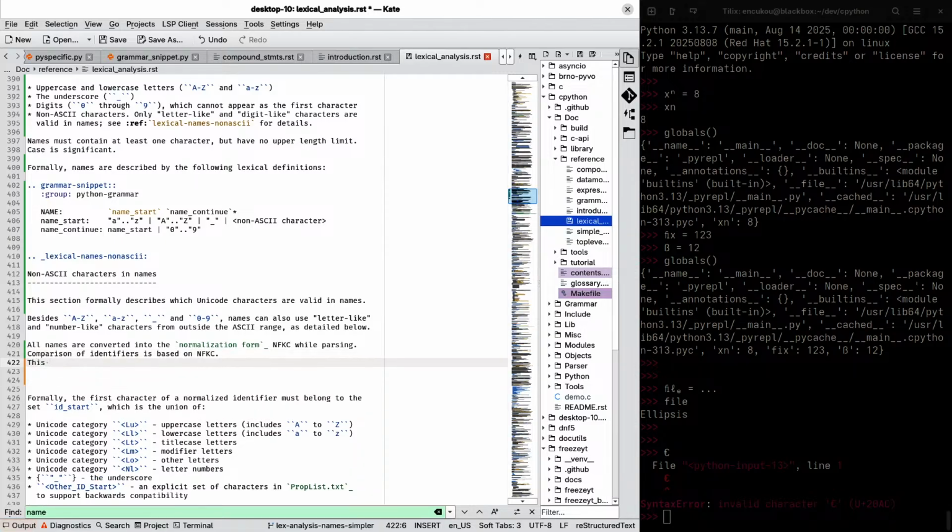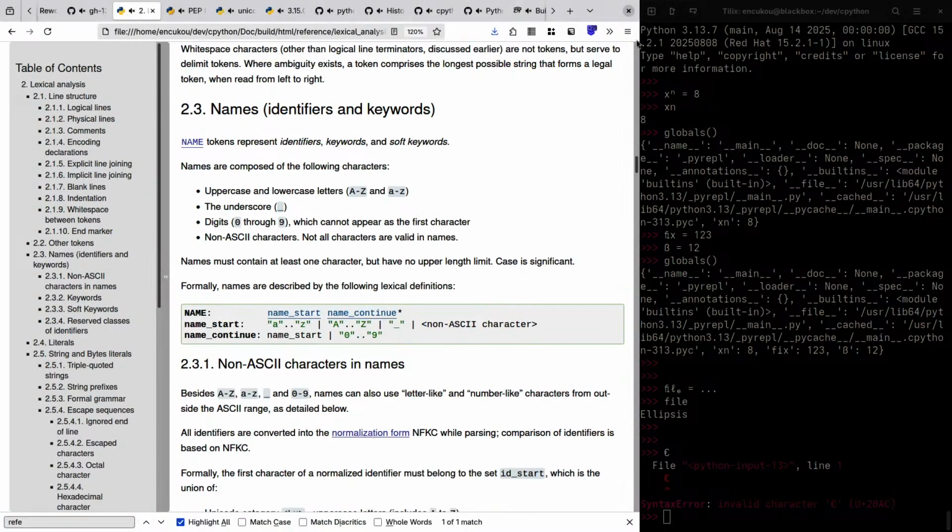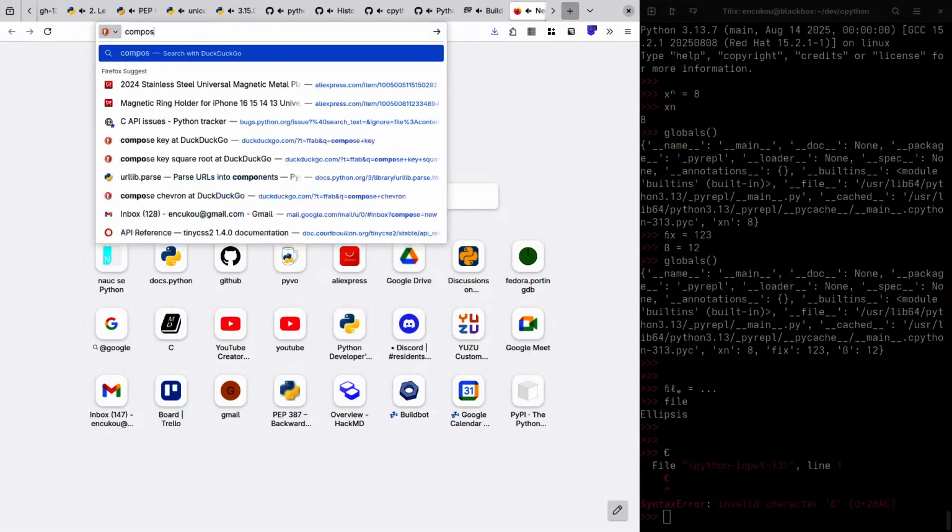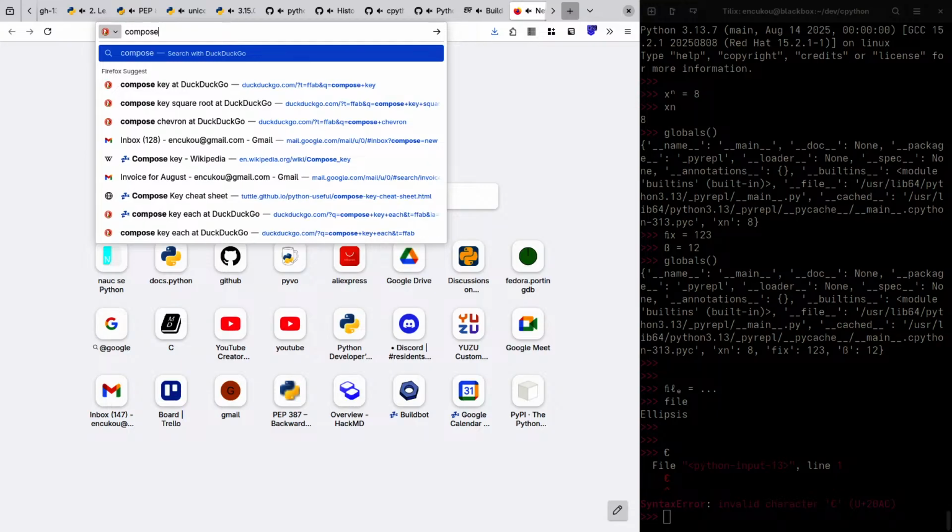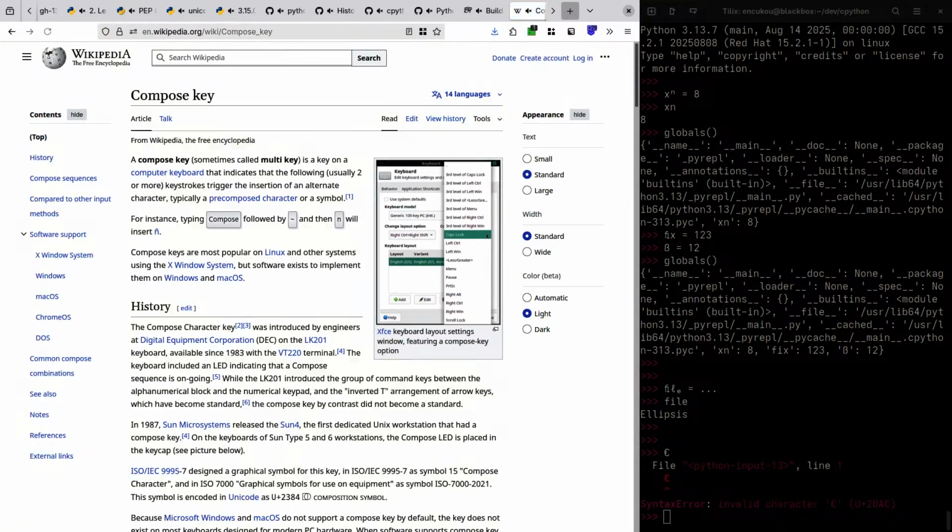Do you have some kind of a keyboard? How are you creating these characters? It seems like you're just typing them up. Oh, the compose key. So I think that has a Wikipedia entry. If you have a special key on your keyboard called a compose key, you can press compose followed by tilde, then n, and you get the tilde above the n.